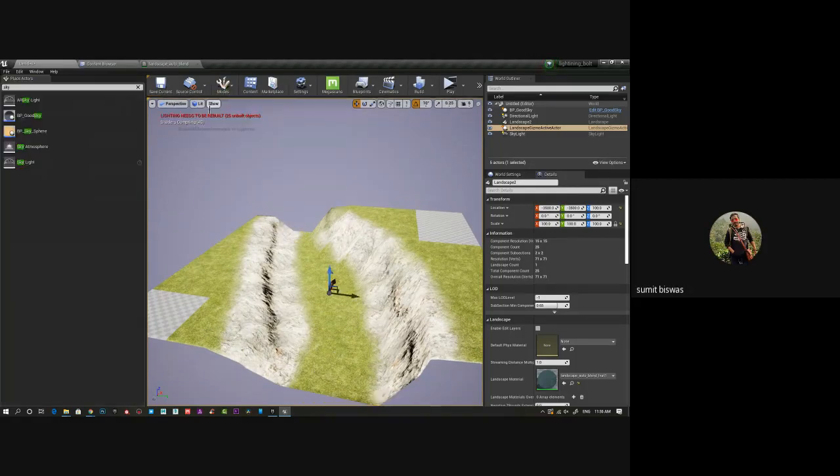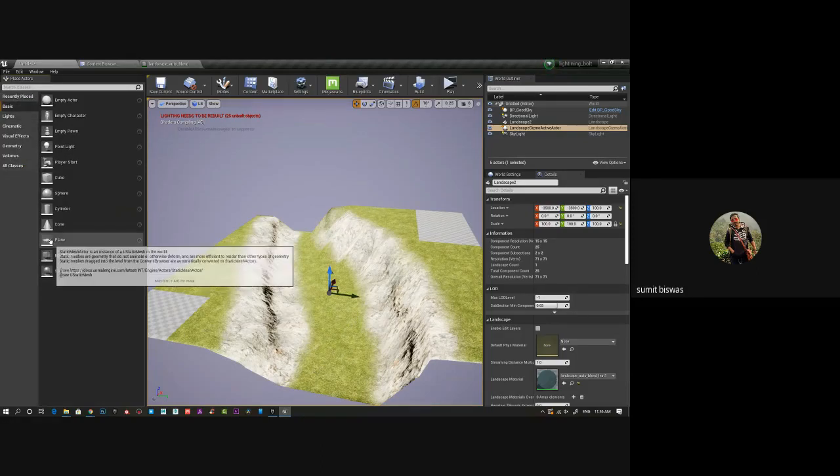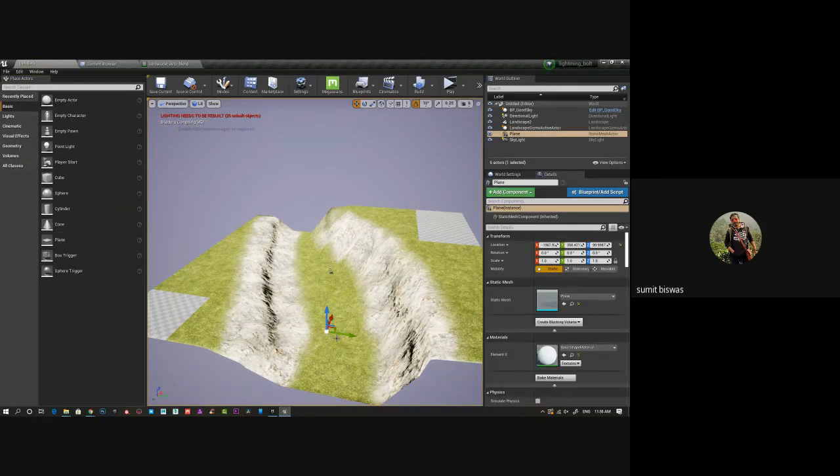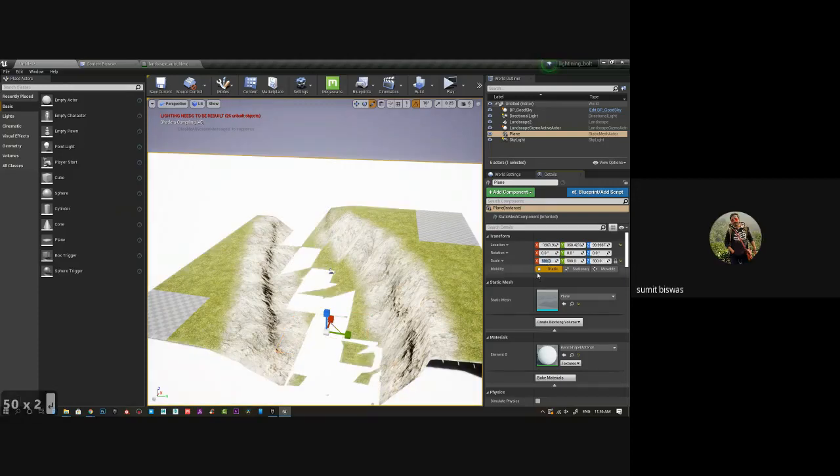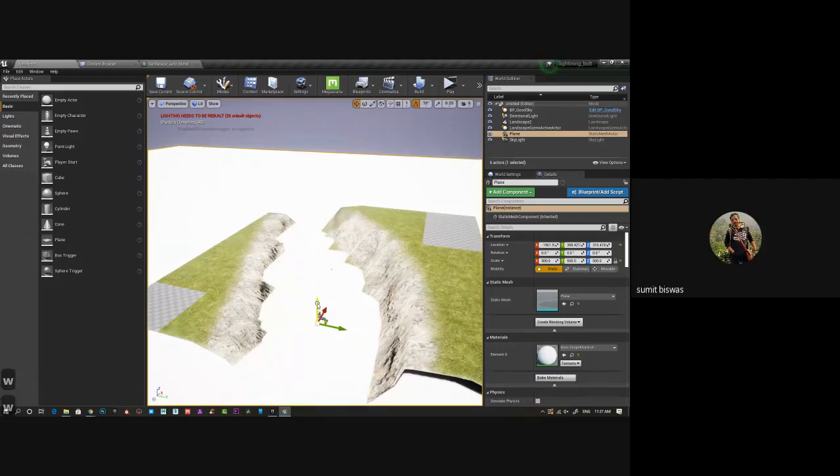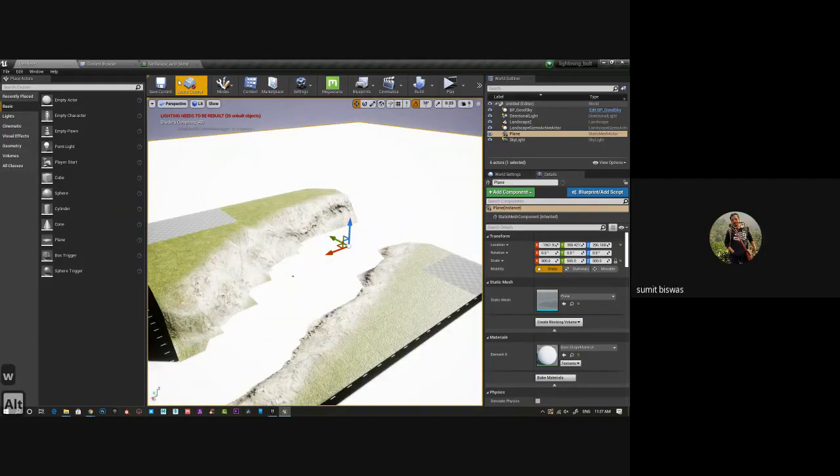So for that, I can go back to my base, drag and drop a plane, and just simply increase the size to 500. Like this, I can generate it. And for this, I can apply a water material.